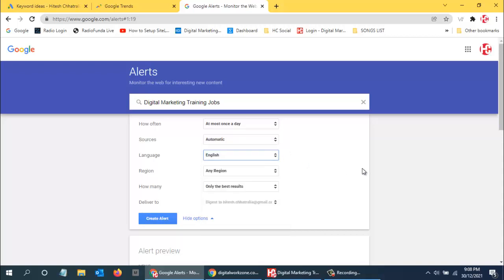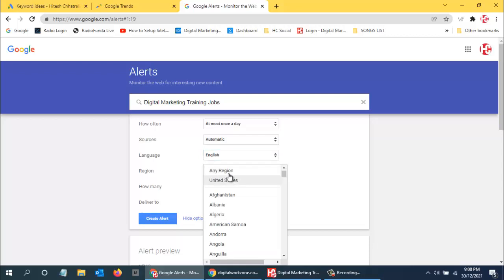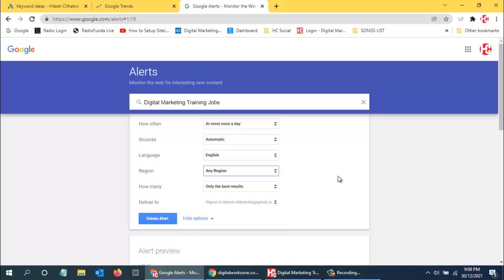Then region, from which region you are looking for this particular keyword. So any region, or you can select your country. Either you select your country or else you select any region. I am selecting any region because online training for digital marketing can happen from anywhere, because nowadays everything is online.